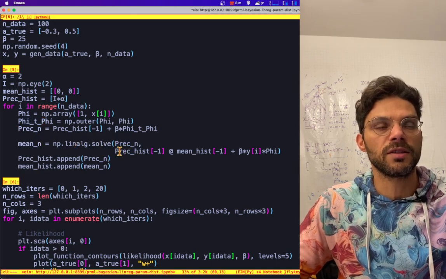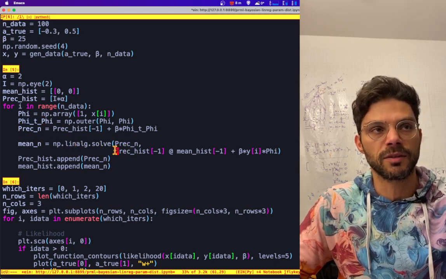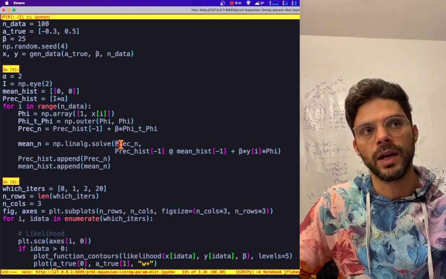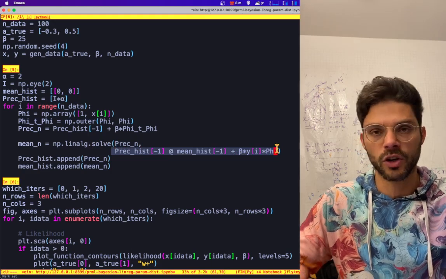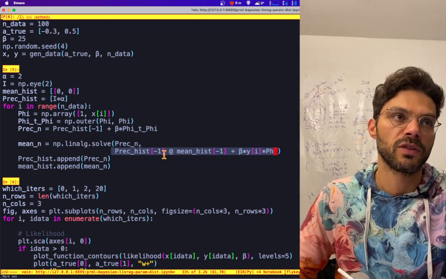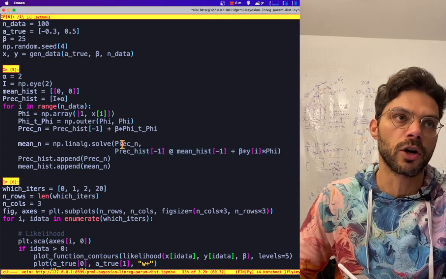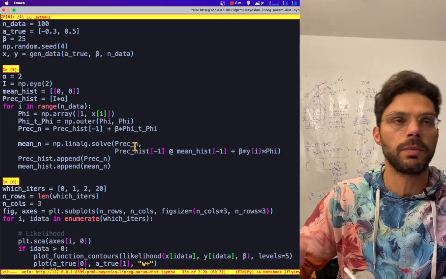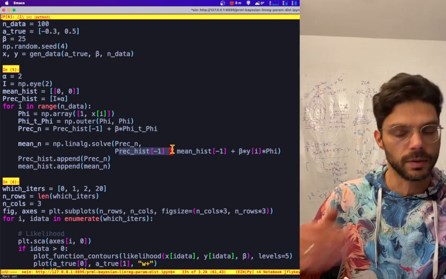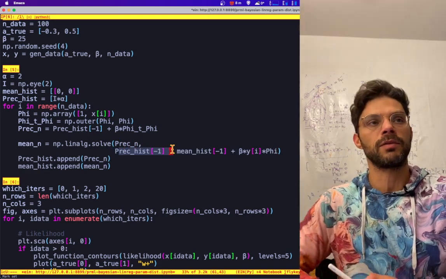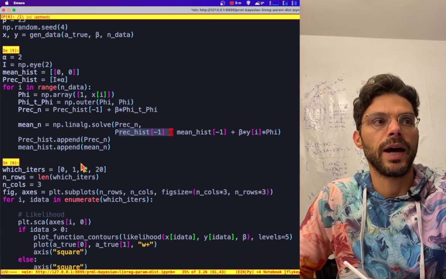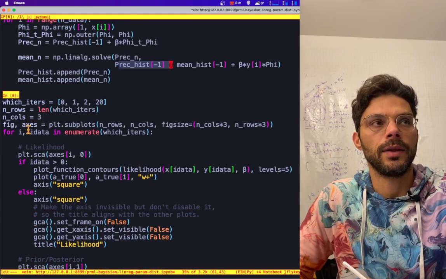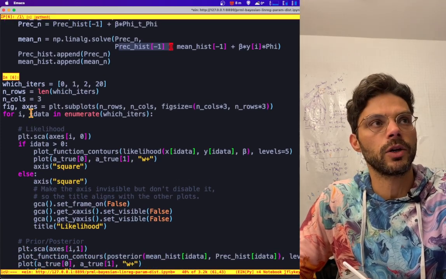This might look a little bit mysterious, but this expression is just equivalent to taking the inverse of the precision and multiplying it by this term, which is what we're doing in the book. So instead of having to invert, you could just invert prec underscore n and multiply. I think it has better performance and behavior, but you can do it whichever way you want. Keep track of that, and then in the final section of the code,